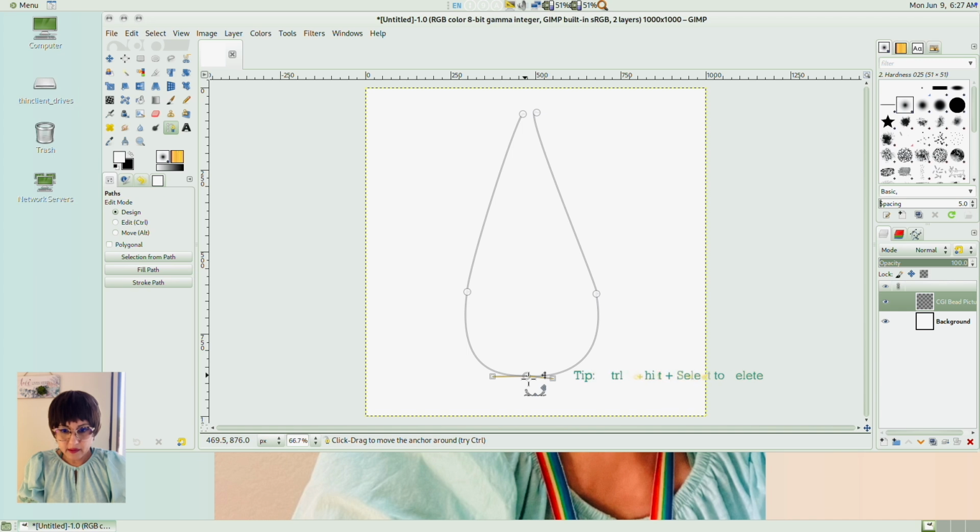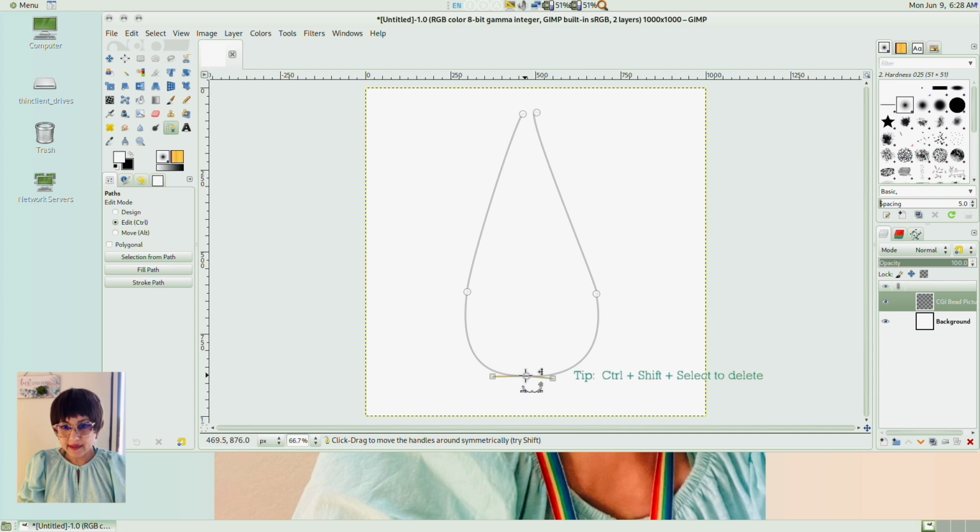Here I'm using Control Shift and Select to delete the anchor point. I like the bottom of the bead to be nice and smooth. And you get the curves just right.